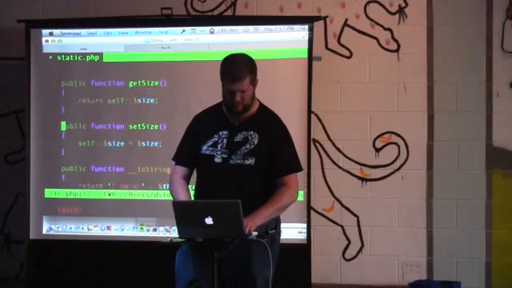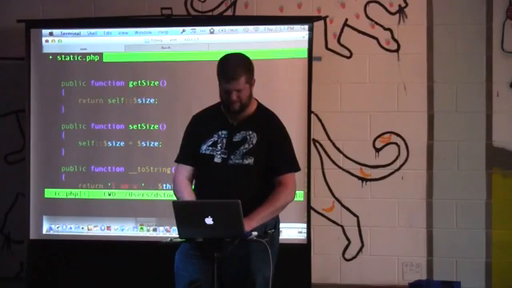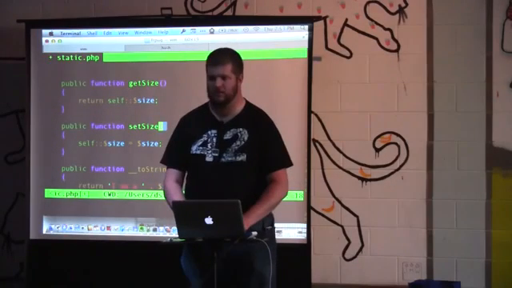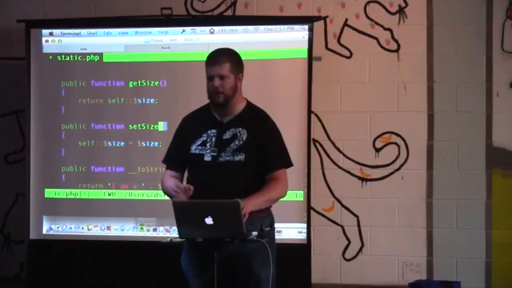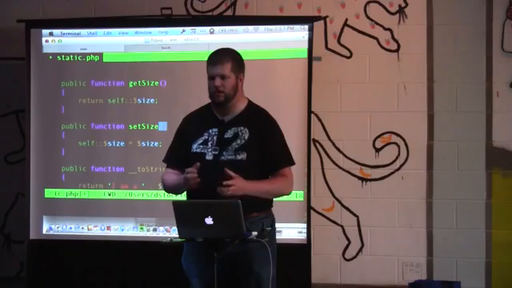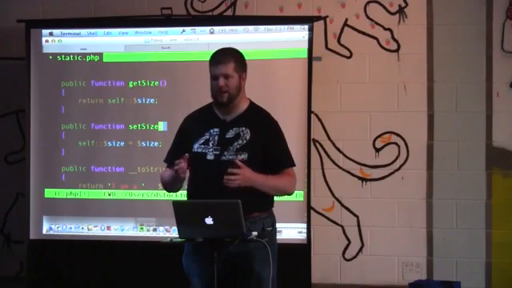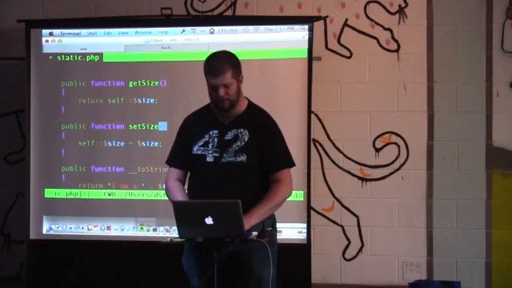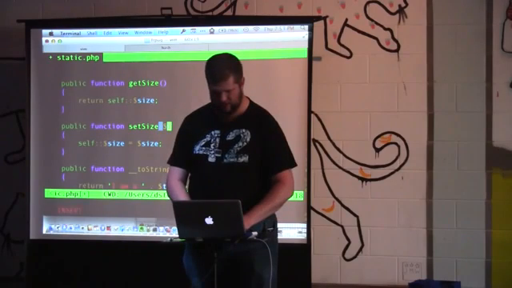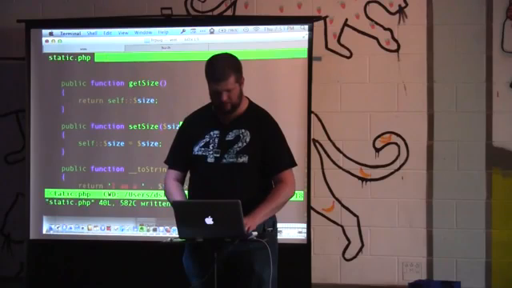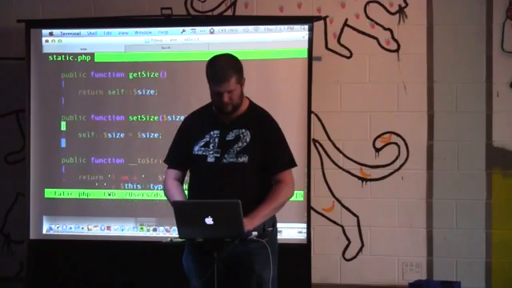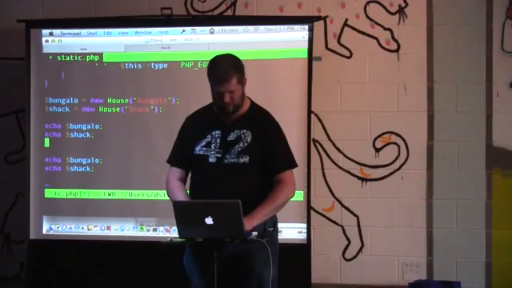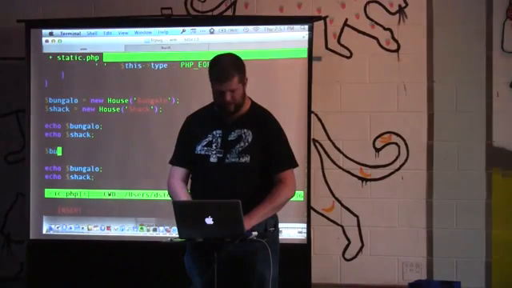So whenever you use self, you're referring to the instantiated object. No, I'm actually referring to the class. So in this case, self at the time when it compiles the code can essentially be replaced with the word house. So it'd be the same as me writing house::size equals size. So now when you change the size of the bungalow, you can also change the size of the shack at the same time. Yep. So if I go